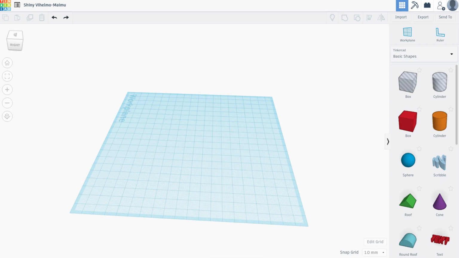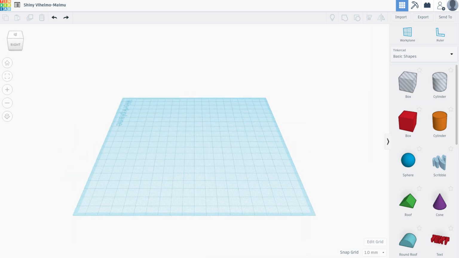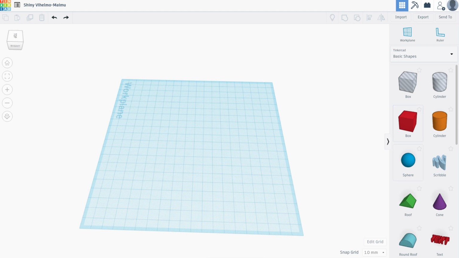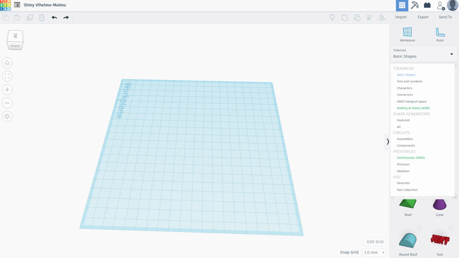Okay. Now the next thing is to be able to add objects to this work plane, right? So I'm going to just reorient it a little bit, and on your right side here you see a variety of icons. For example, you see basic shapes, you have shape generators, circuits, printables. I'm going to focus on Tinkercad and the process of creating shapes and creating objects and adding them together, right? So I'm going to just go back to the basic shapes